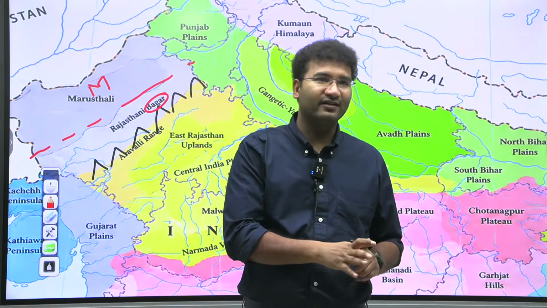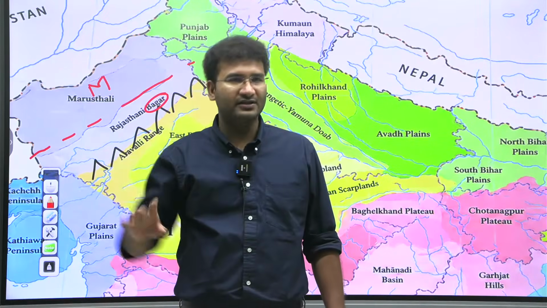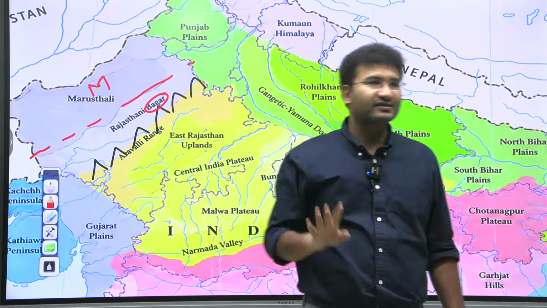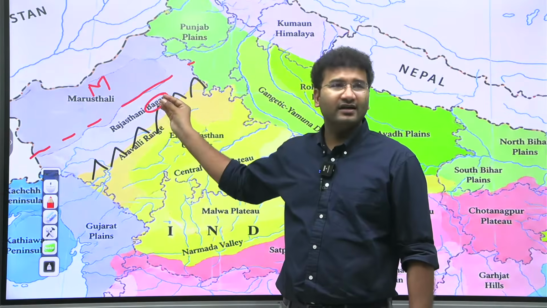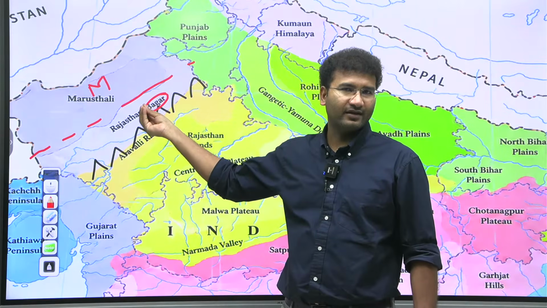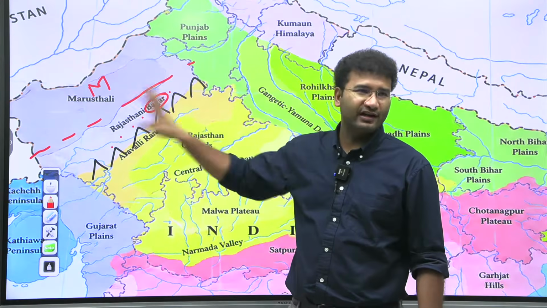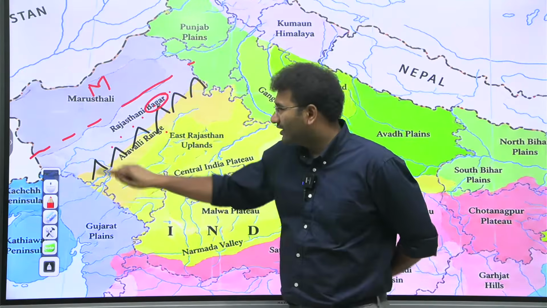A desert can be an area which has rainfall of less than 25 centimeters and where the rate of evaporation is more than the rate of precipitation. That is a desert. So here, Rajasthan Bagar, occasional rainfalls can be there, right? This part of the area is where the Luni River also travels, I'll show you a little later. Now this is your Aravallis.